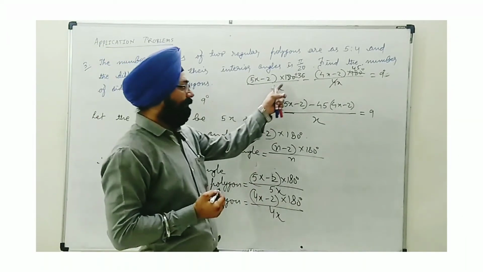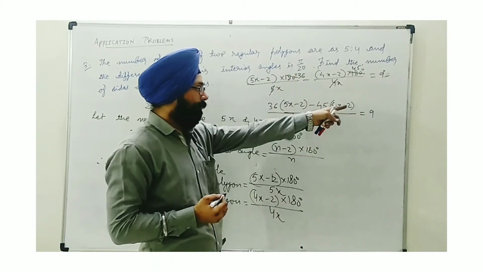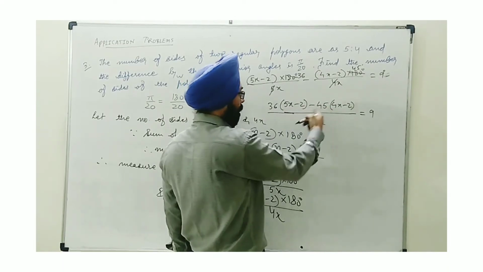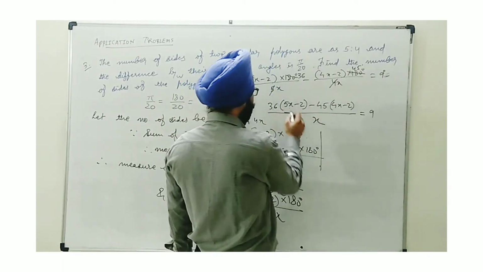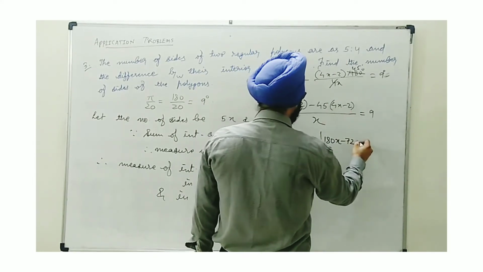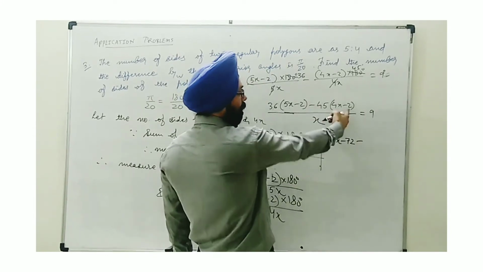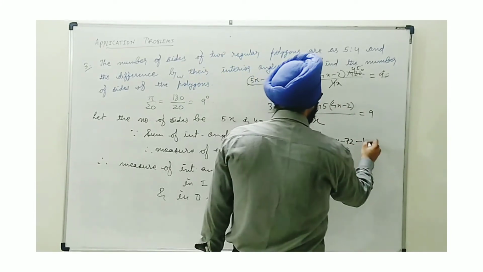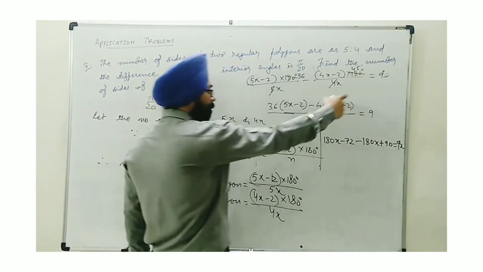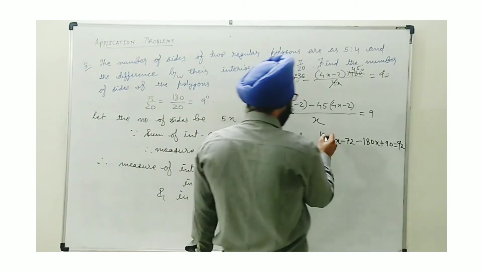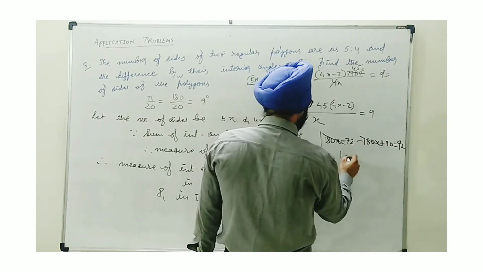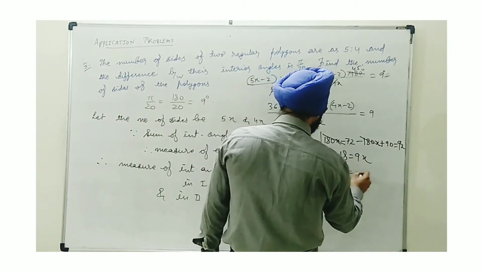Okay. Now this cancellation actually makes it simple. The x can be shifted to the right hand side. Here this 36 and 45 will be multiplied in the bracket respectively. So we get 36 times 5 is 180x, 36 times 2 is 72, 45 times 4 is 180x. With a minus sign we are doing, don't forget, that's why we have to change the sign of the bracket. We get 180x and plus 90 equal to 9x, this x multiplied to 9. We see that there is a cancellation of these two terms. We are left with 90 minus 72. 90 minus 72 comes 18, equal to 9x, and obviously x equals 2.